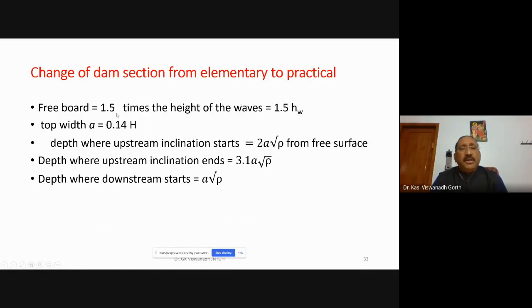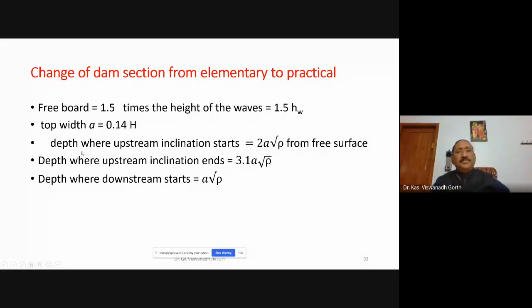Similarly, the freeboard is taken to be 1.5 times the height of the waves which are coming there. HW we will be able to calculate based on the Fetch. We already have the equation for that. So based on the value of the fetch, less than 32 or more than 32 kilometers, you will be getting the value of the height of the wave HW. Once HW is known, 1.5 times HW gives you the freeboard, and 14% of the H gives you the top width,